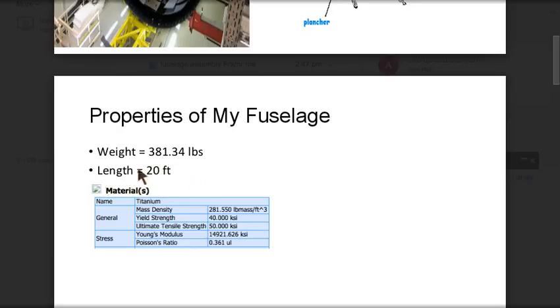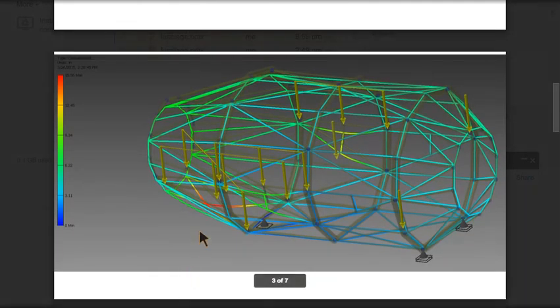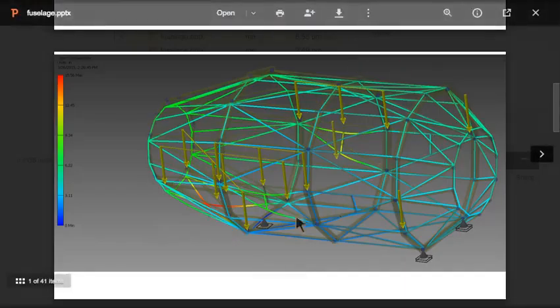Again, my length is 20 feet, which could be shortened to account for the weight to make it the right weight. The important fact or statistic to take from these material lists that was the same in both of my reports is that the yield strength is 40 ksi and that I use titanium. So here you can see I have 3 circular cross sections with long straight beams like this, and then there's also diagonal beams to add triangulation to add strength to my